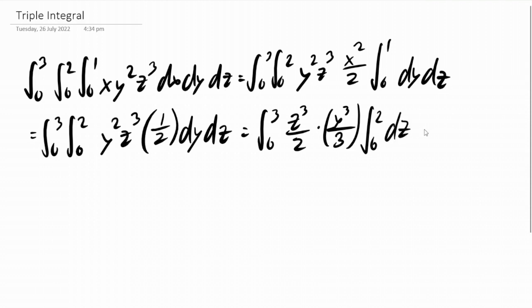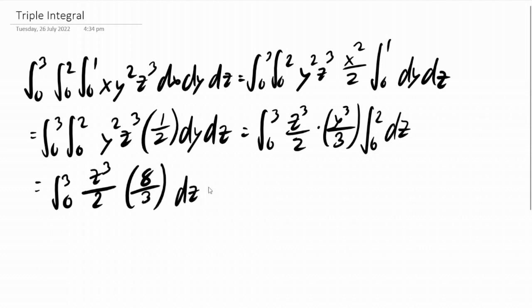Now substitute 0 and 2 to y, that is z cubed over 2 times 8 over 3 dz, this equals to